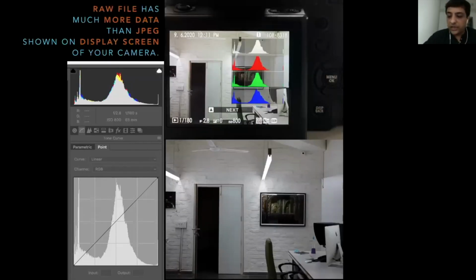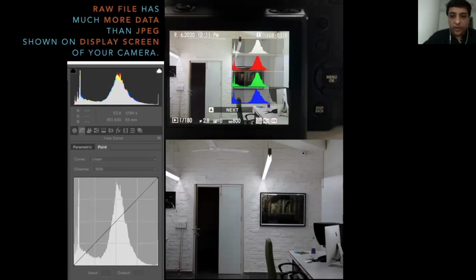Now, as you can see here, the histogram on the top right of the screen gives you a visual from back of the camera, and it has a different histogram than what you see on the bottom left of the screen.